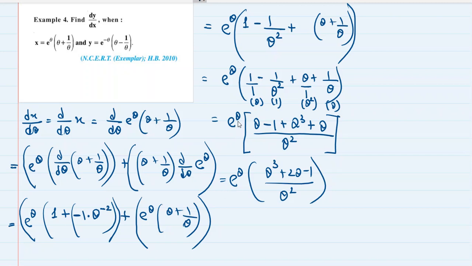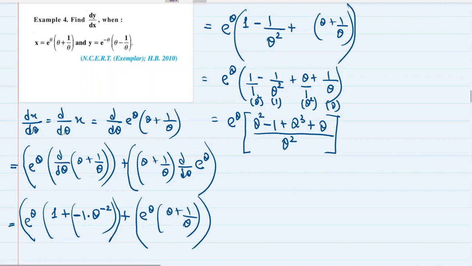Wait, did we make any mistake? Because theta square will be multiplied over here, right? So this will be theta square. So we have 4 terms over here, not 3 terms. Okay, let me erase this. So this is basically the value of dx by d theta. dx by d theta is e raised to theta times (theta square minus 1 plus theta cube plus theta), the whole upon theta square. Let's find dy by d theta,